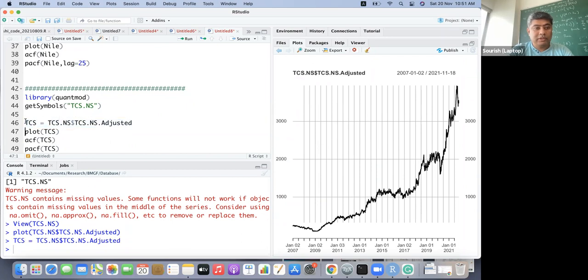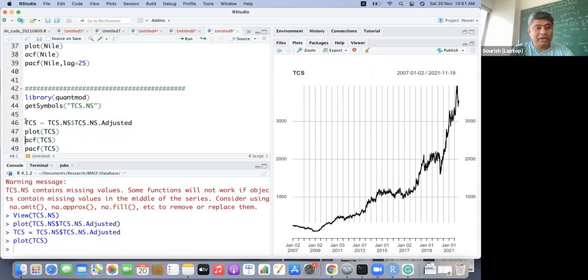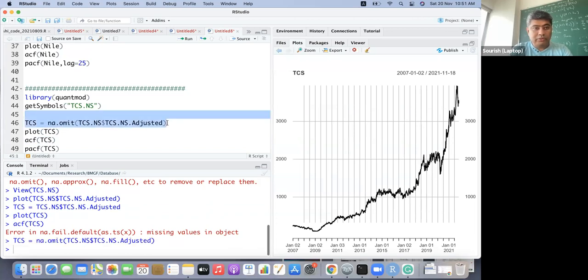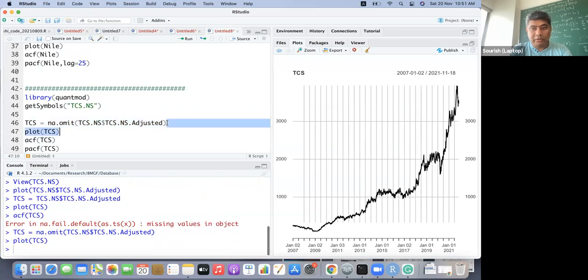Just to make the code a little simpler. Okay, it has some missing values. All right, so for the time being, I'll just remove those. I hope that will not create much of a problem.